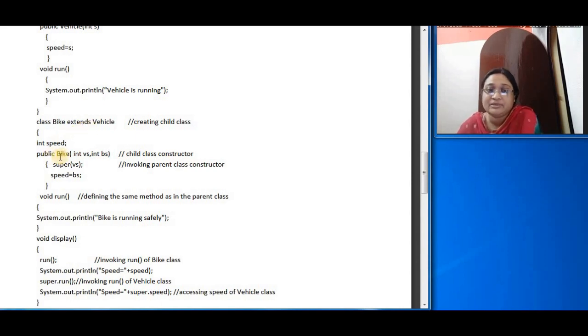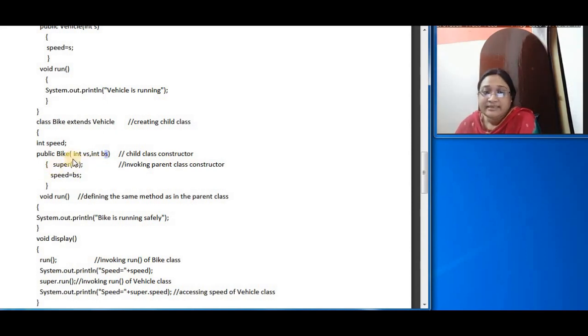Now here you see, in the parameter list I have given two parameters. One is int vs, another one is int bs. Now this vs value will be sent to the base class's constructor. We will pass this value vs to our base class constructor so that the speed variable in the base class gets initialized. And this bs, that is bike speed, is going to be assigned to the speed variable in the derived class.